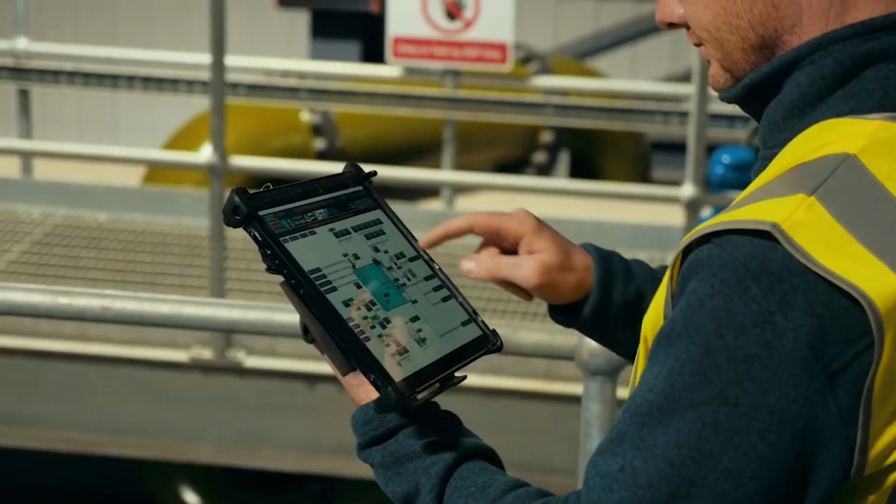One of the key challenges in a large water treatment facility like this is process control. For an operator to make changes to an automated system, they would usually have to go to an interface panel, be it a stationary PC, a SCADA PC, or a human machine interface, an HMI, which will be located at a fixed location. To overcome that challenge, what we've designed into our system here is mobile process control, whereby